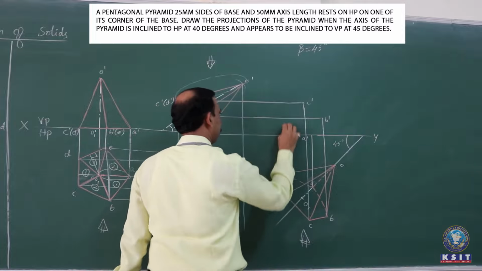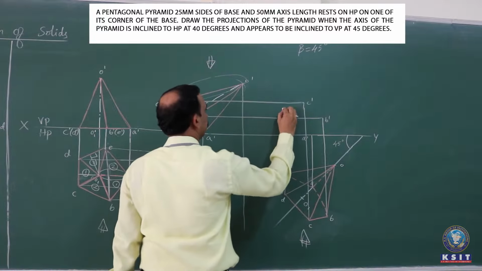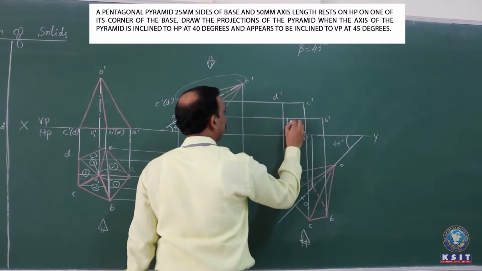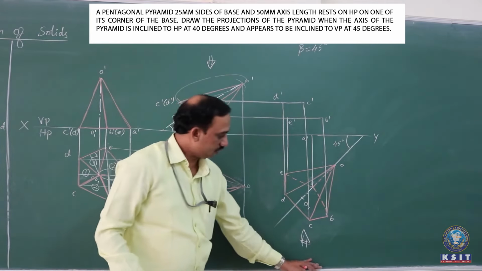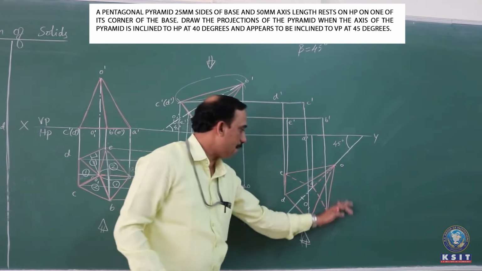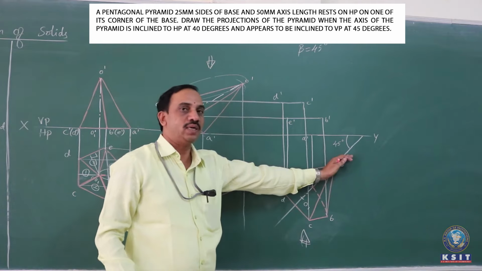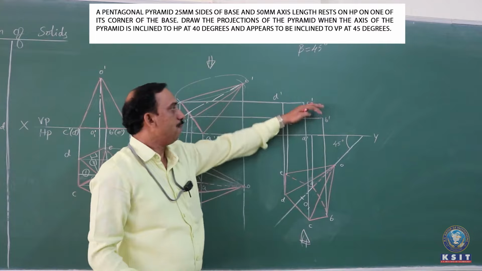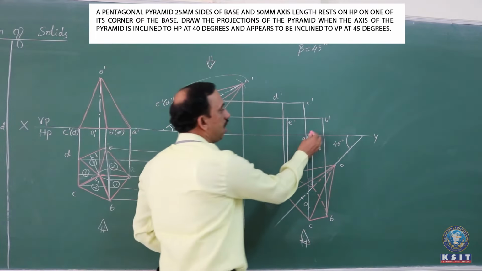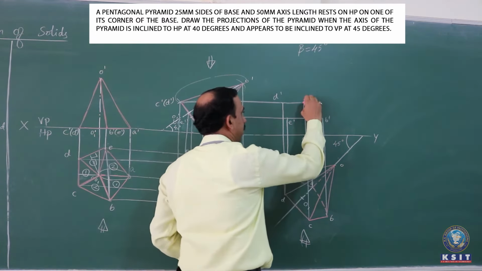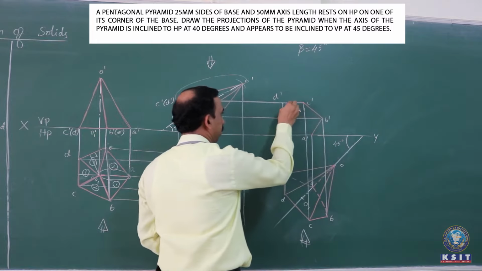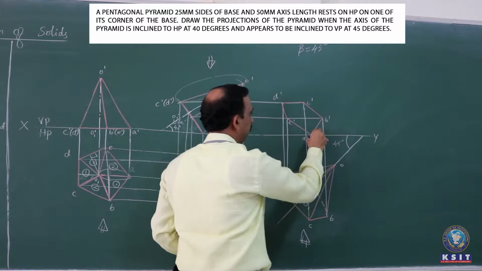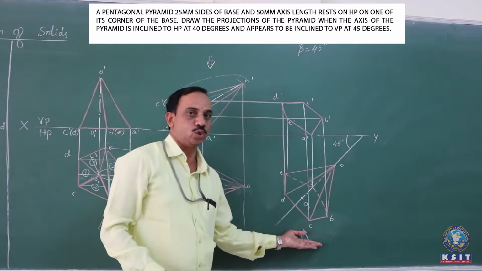From D, next from E. When the observer sees from the front, when compared to the base and apex, always the base face is nearmost to the observer. Make the base face initially to be visible by connecting from A to B, B to C, C to D, D to E, E to A. This is completely the pentagonal base face which is nearmost to the observer.